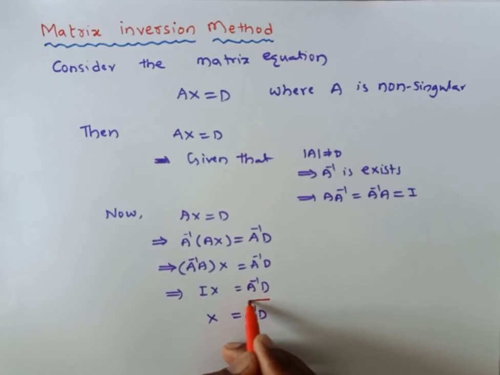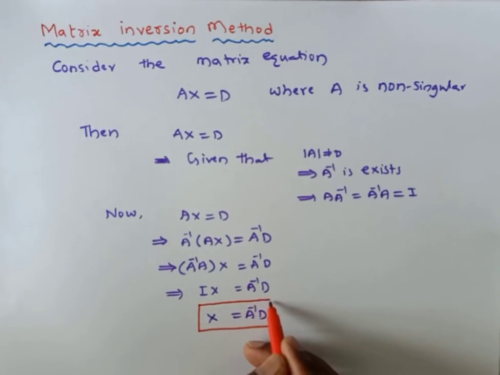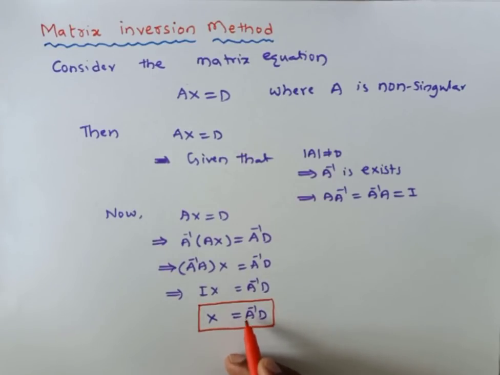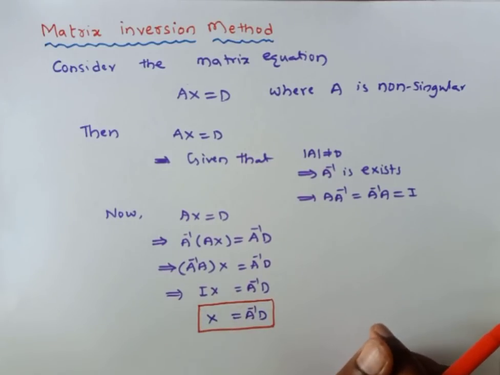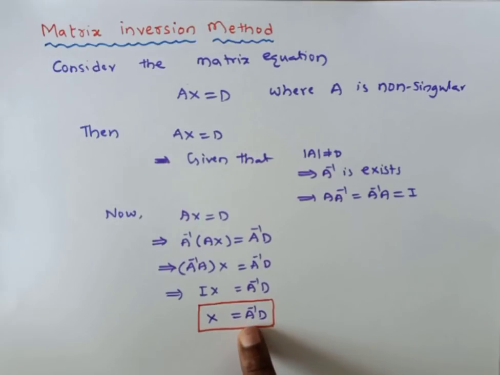So here X is nothing but X, Y, Z. Here A is a known thing and D is also a known thing, but A inverse is there. So the main thing is how to evaluate the inverse. See, we already know the concept of the inverse of a 3 by 3 matrix. So if we evaluate the inverse of the 3 by 3 matrix A, then you just need to multiply with D. This method covers all the concepts, so here you need to find A inverse.